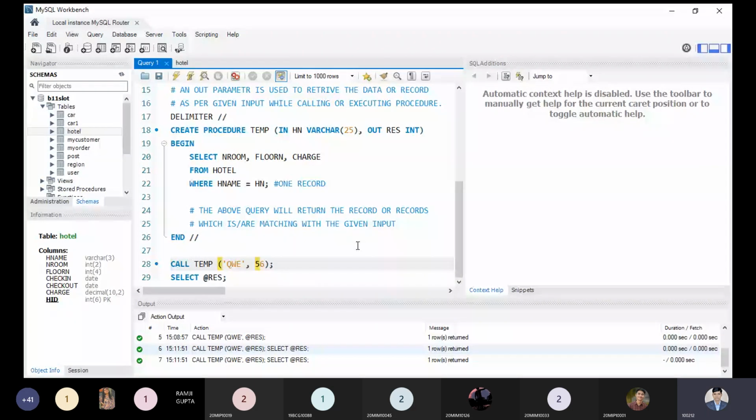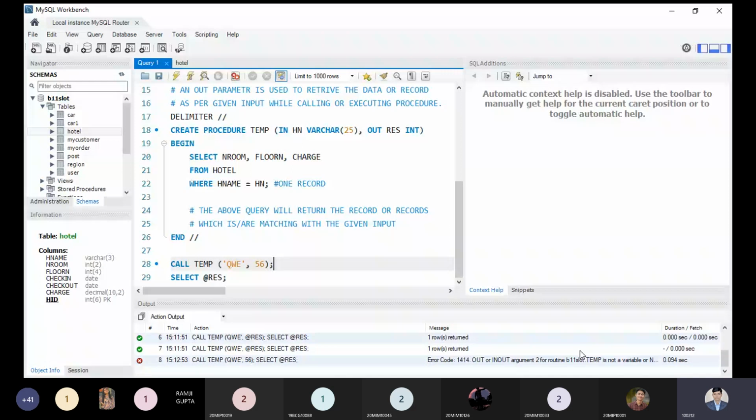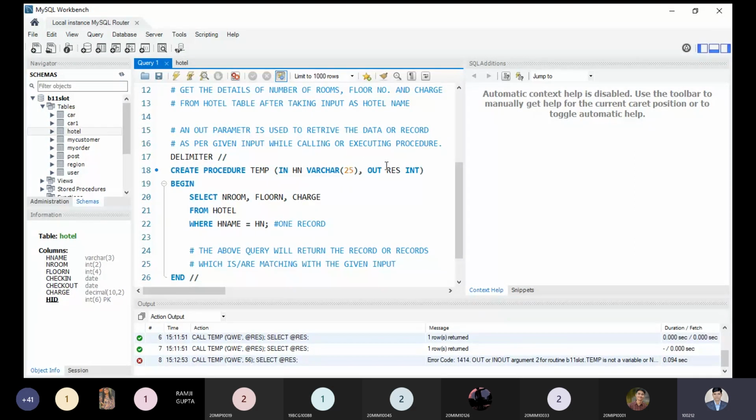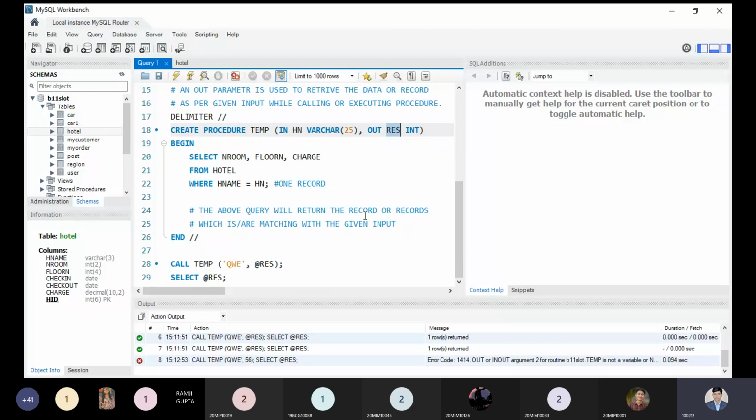You can see here we are getting an error. What is the error? The out argument we are using is not a variable, or not a new type of information. So we have to represent our information in the out parameter with an @ sign, and this res, if you are using the same parameter, should be the variable name, as we have observed over here. Practically it has its own sense, but sometimes we feel there is no sense in using it. But practically it just keeps the information inside the memory and returns the information simply. So that is the point.